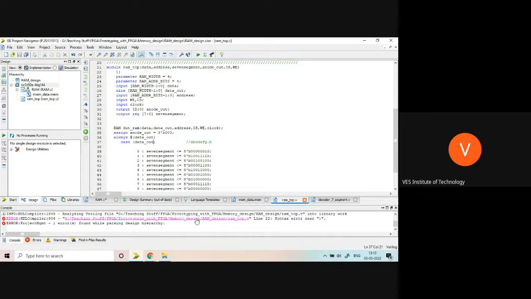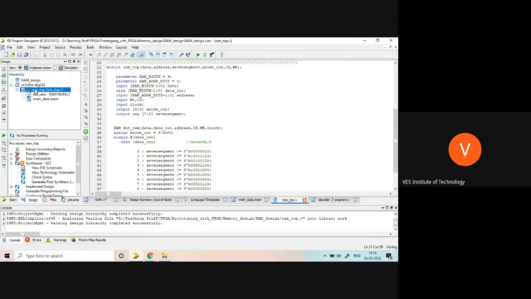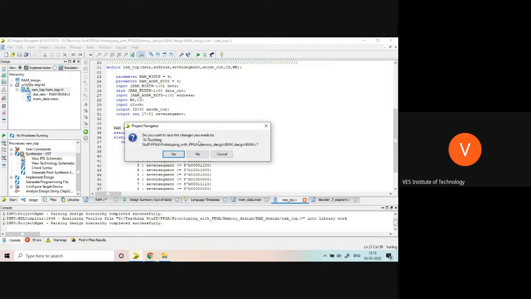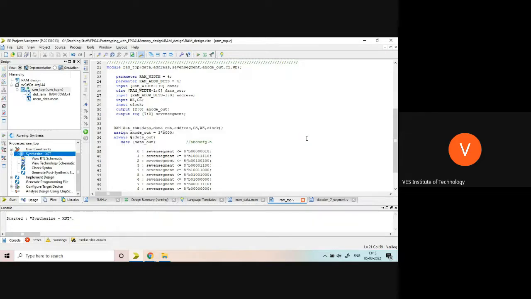There is some error. Let's see what the error is. Okay, this part I have to remove. I have to put a semicolon here. So if you have any, see now, DUT RAM has gone below the data RAM. Now I will check it, synthesize. So if you have any query, please tell me. I just added one wrapper and a decoder module just to connect to the FPGA.